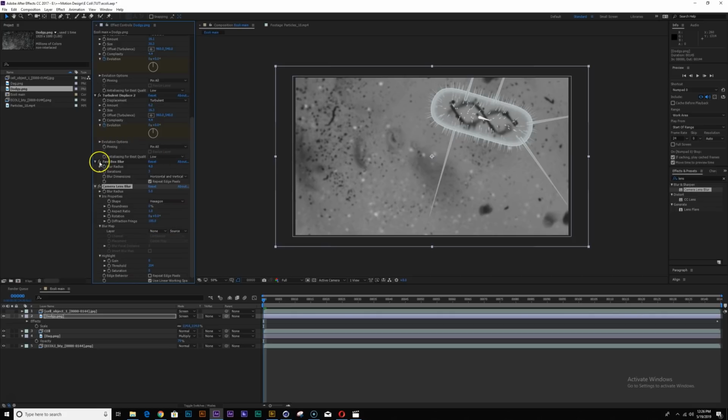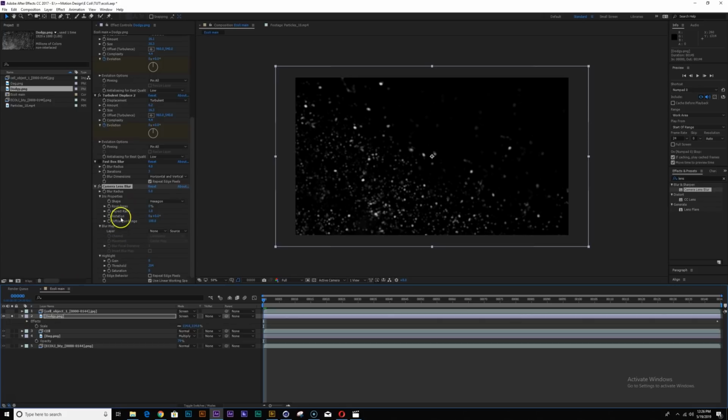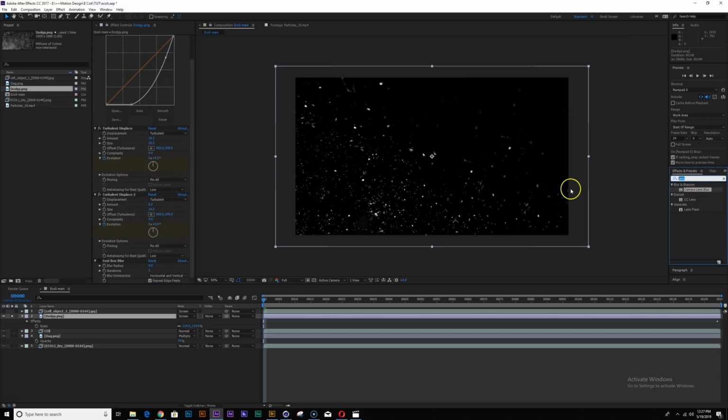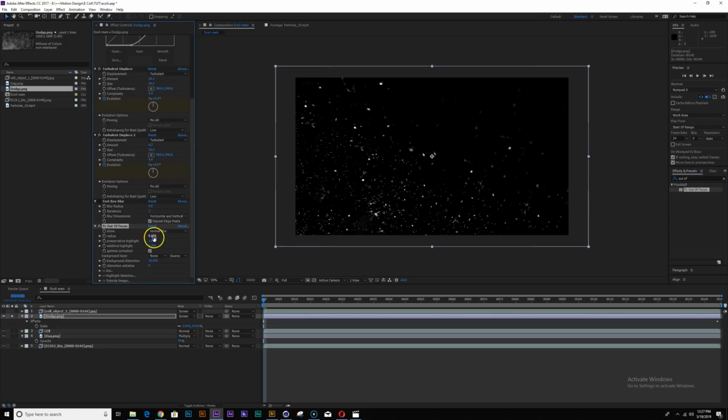So I'm going to turn off the fast blur real quick and isolate this. This actually creates a nice lens blur, but if you have it, I prefer to use the out of focus one because I think it gives a better effect.